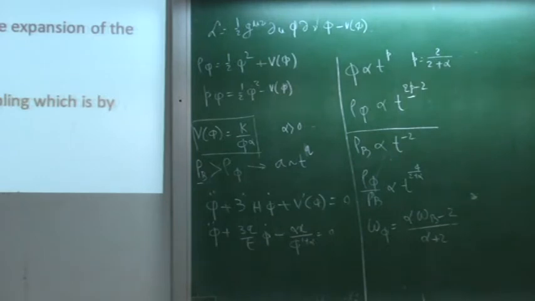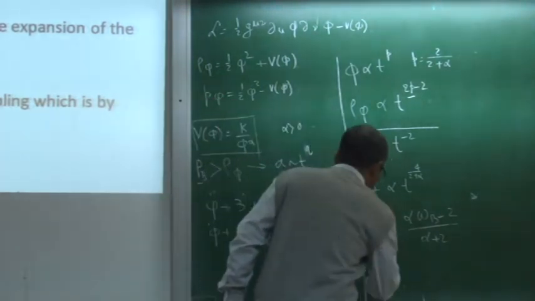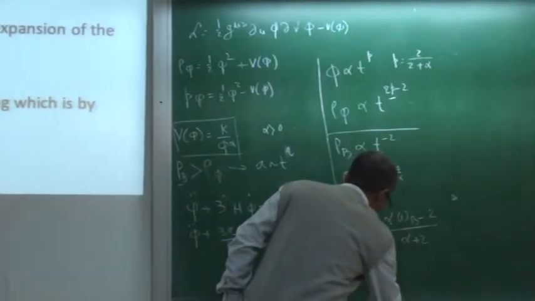So here you may not have to fine tune the initial condition, but you have to fine tune the form of the potential. The potential form is something like 1 upon phi to the power alpha, alpha positive. Right? It's not that a phi square potential will give that kind of thing. Okay. So here you have to fine tune the form of the potential, but not the initial condition. Okay. And this is basically sort of a tracker model that you have.